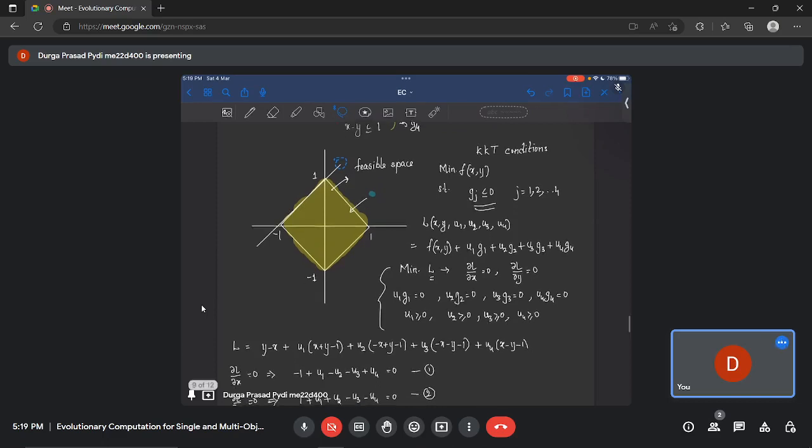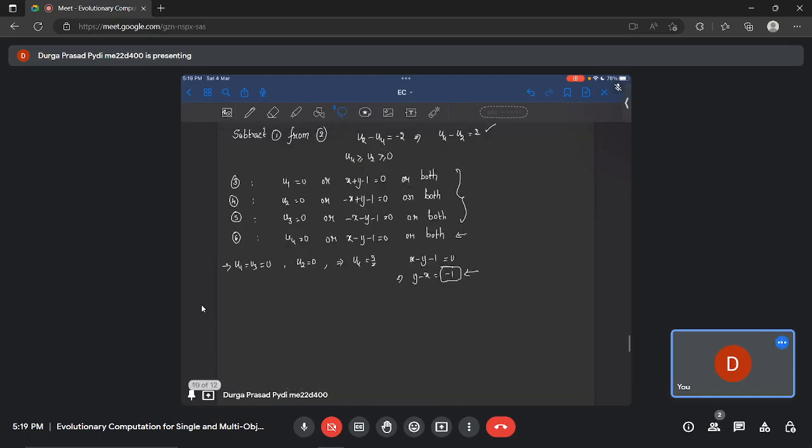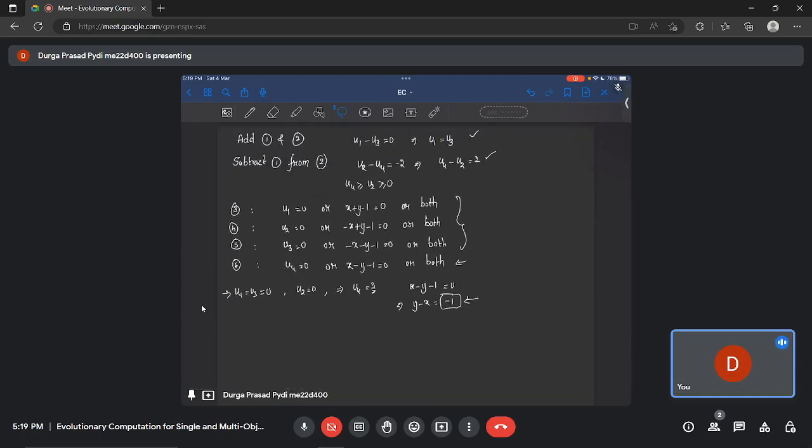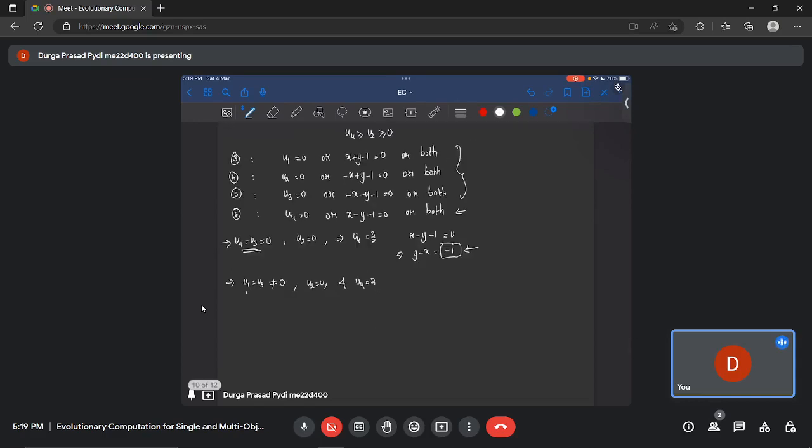Now as you can see, here it got simplified. We can have other possibilities as well, so let us have a quick look at some other possibilities. If you see the equations over here, essentially you want u1 and u3 to be equal, but they essentially cannot be 0. So let us consider another case. Say u1 equal to u3, but they are not equal to 0. In that particular scenario, suppose your u2 is still equal to 0 and u4 equal to 2. So with these constraints, when u1 and u3 are not equal to 0, this boils down to saying that g1 has to be 0